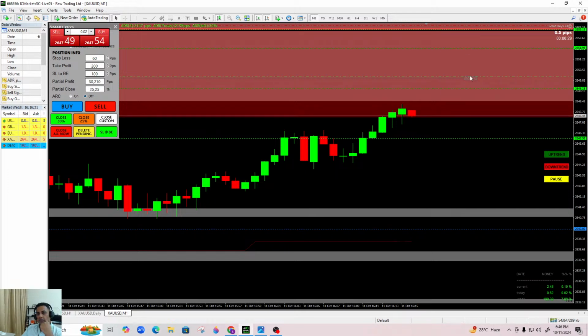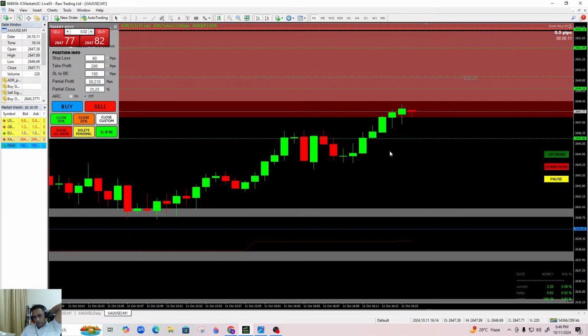I'm going to leave this trade as is. I'm not going to manage risk on this trade. If price is to go and hit my stop loss, let it do so, because it'll be a very small loss, maybe a 0.05 or 0.06% loss. That's okay. Yeah, so just going to leave it, and I'm going to wait